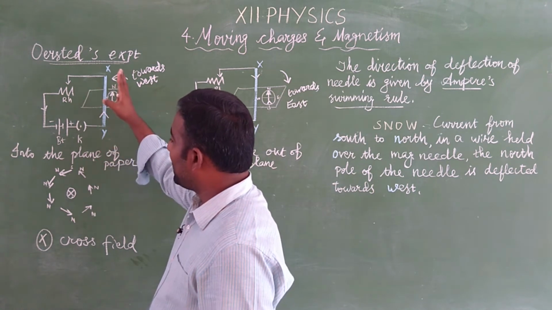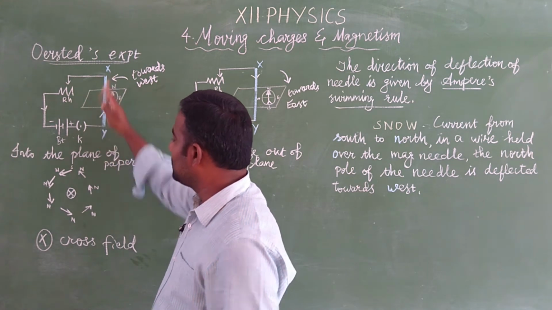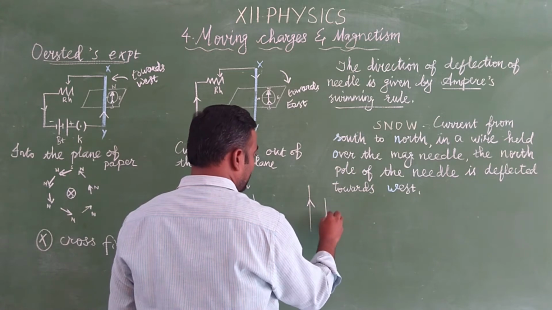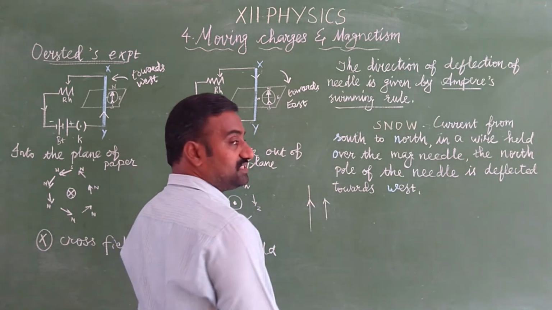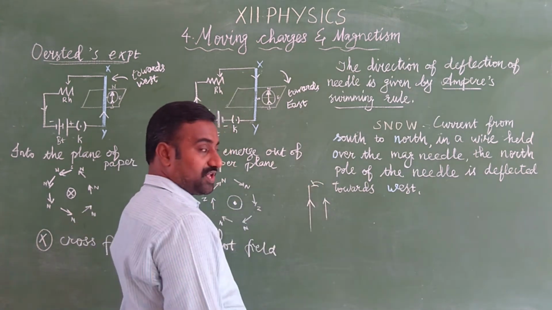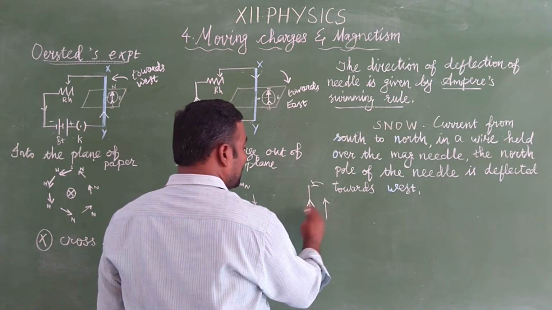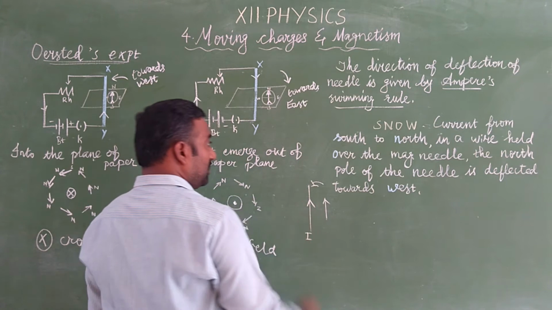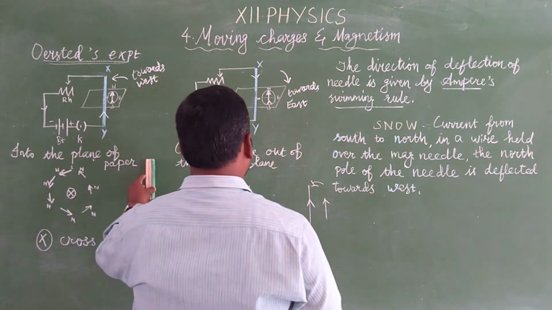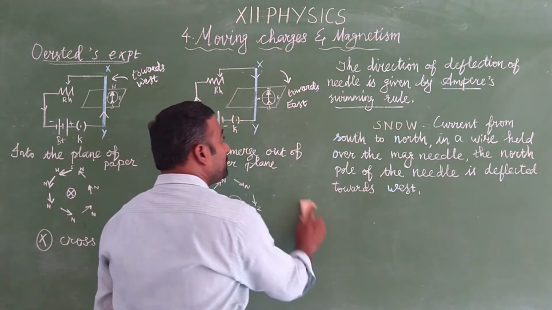Imagine a person swimming parallel to the direction of the current. So Y to X is the direction of the current. The person swims along the direction of the current in the conductor. While swimming, his face is always turned towards his left. If a man swims along the direction of the conductor, his face is turned towards his left. Suppose this is the conductor; if I swim like that, my face is turned towards the left side. So it is called Ampere's swimming rule.